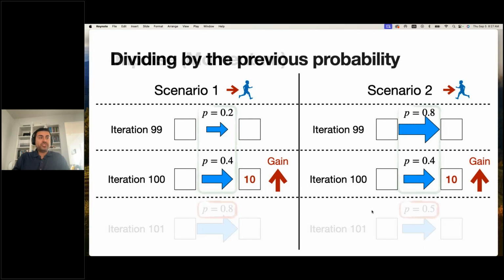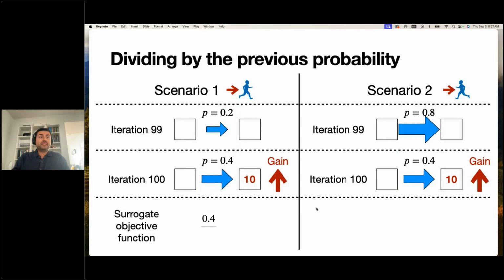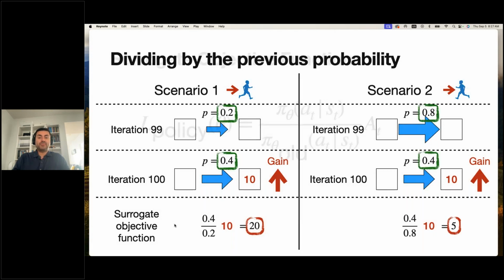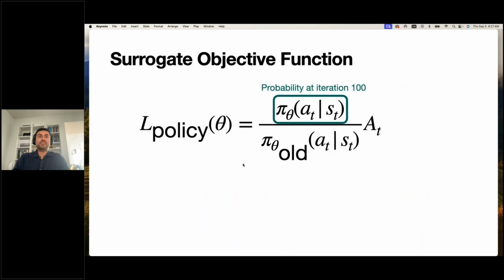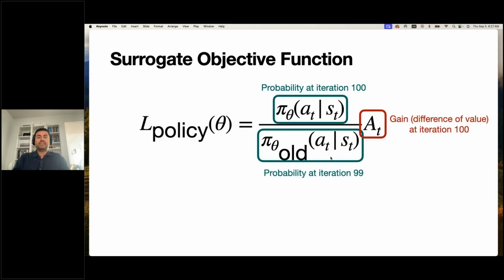And so what I do for my loss function, my surrogate objective function, is I take the probability, I divide it by the previous one, and I multiply it by the gain. So here I get a big number, whereas here, if I divide it by the previous one, I get a small number because this is a big number. So basically, iteration 99 tells me a lot about how to move iteration 101. If this is not clear, feel free to ask any questions. But the idea is that I wanna grow these probabilities when they have to grow, but with impulse. And that's why I pick, for example, the probability of iteration 99. This is the probability of iteration 100. This is 99, and this is the gain.